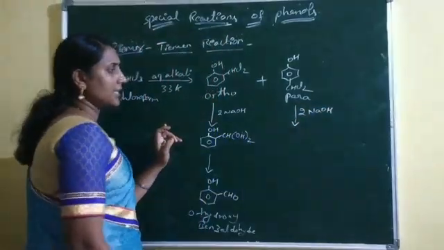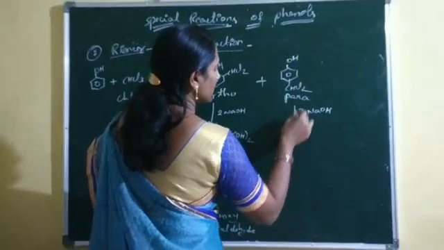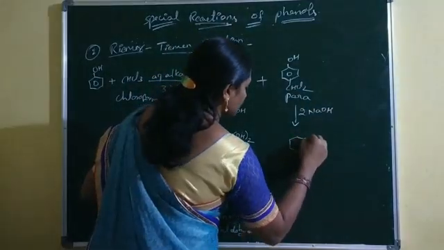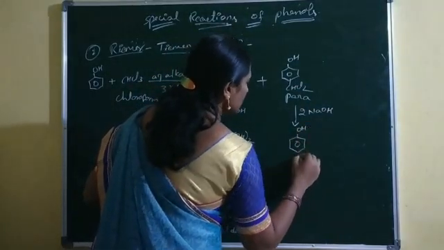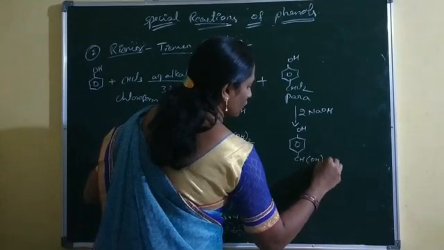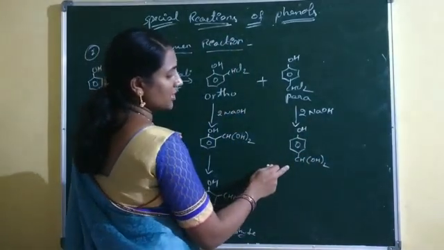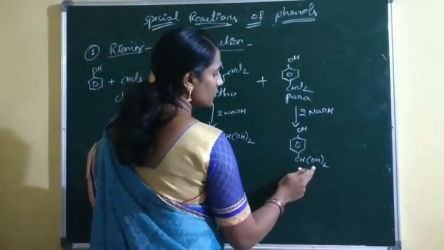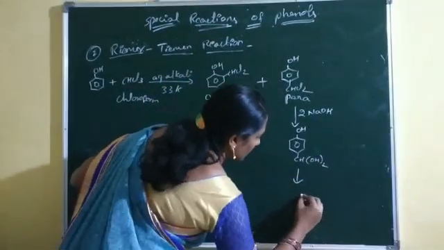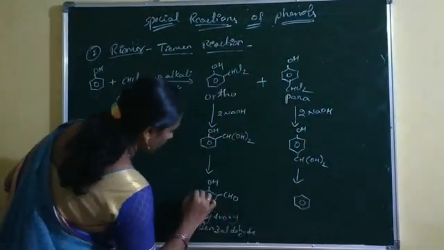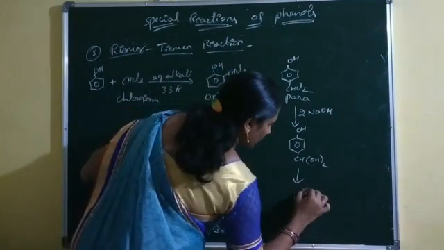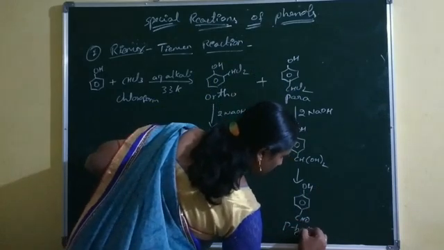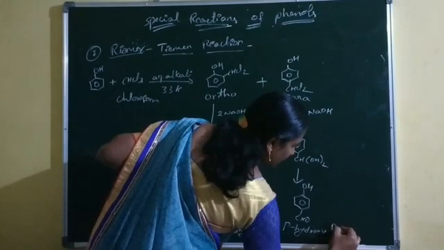Now again, this para product is treated with 2 moles of sodium hydroxide. Again, the 2 chlorines are replaced with 2 hydroxy groups to form OH and CH(OH) twice. Again this compound is also unstable because the 2 hydroxy groups do not exist on the same carbon. Immediately these 2 hydroxy groups turn into an aldehyde group by the loss of a water molecule, and the product is para-hydroxy benzaldehyde.